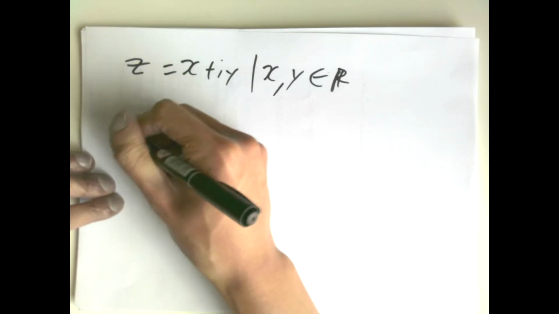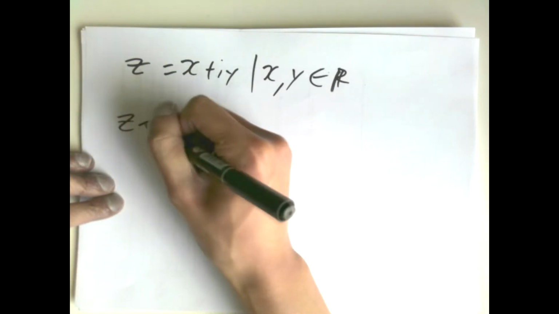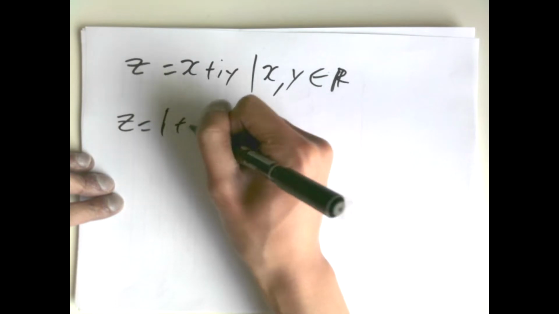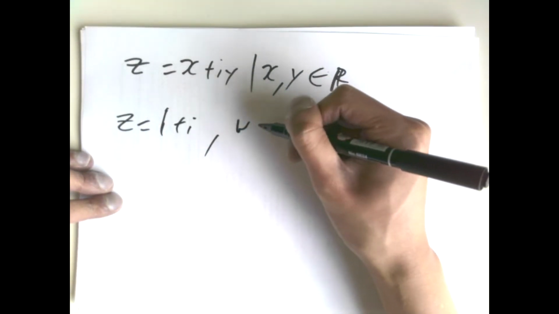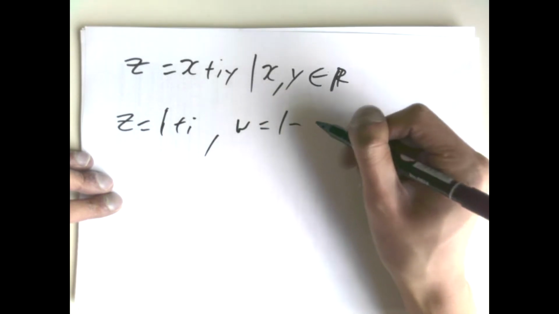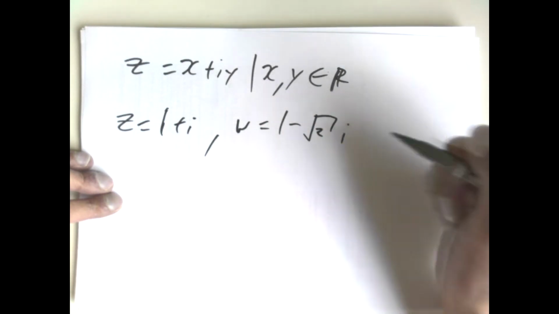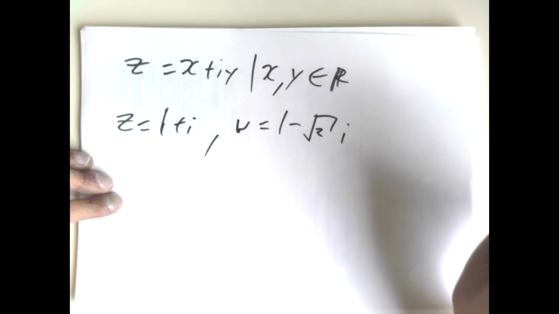Let's say our complex number is z equal to 1 plus i, and we have another complex number, w equal to 1 minus square root of 2 times i. If it satisfies the ordinary rules of algebra, add, subtract, multiply, divide, then